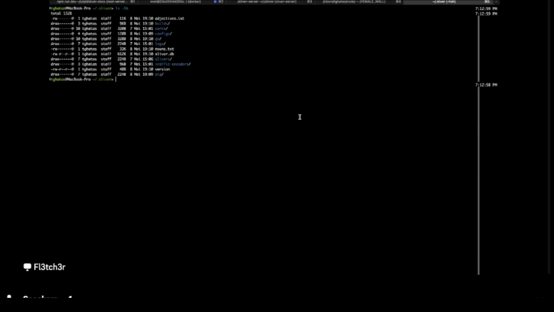Most of the files that you're going to see here are some dependencies of Sliver, for example adjectives.txt, which is used to generate the names of the different implants. If we look at builds, you're going to see a UID here. This is the implant that we built earlier. If we run a quick file command, you can see this is a Mach-O 64-bit executable. You can also find this same implant under the slivers directory. So if we go in slivers